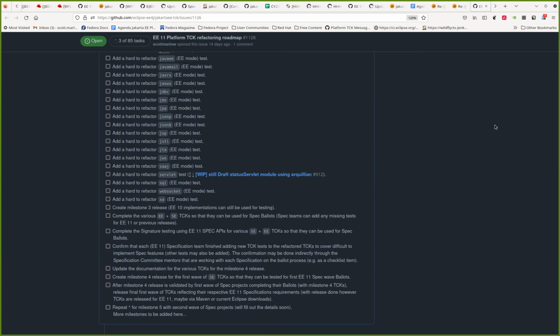And it's not an easy thing. So great care has to be taken to avoid those kinds of problems. But now with these changes during the EE11 release,